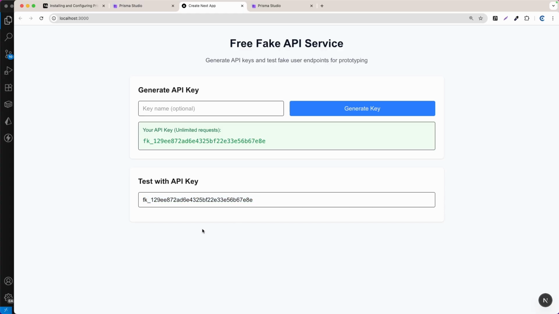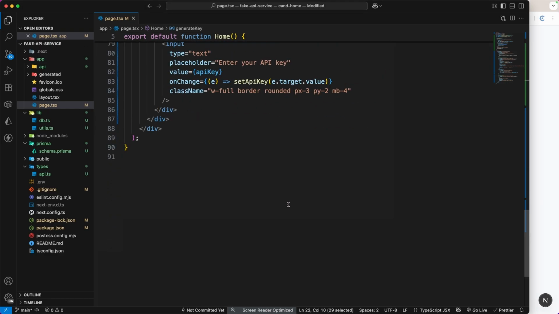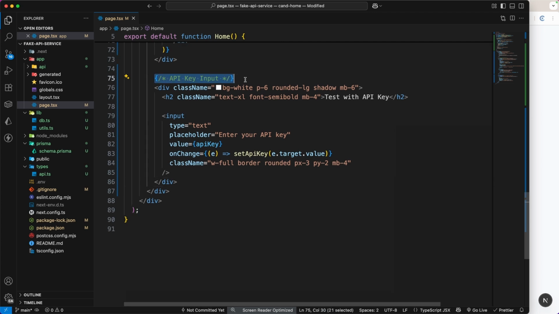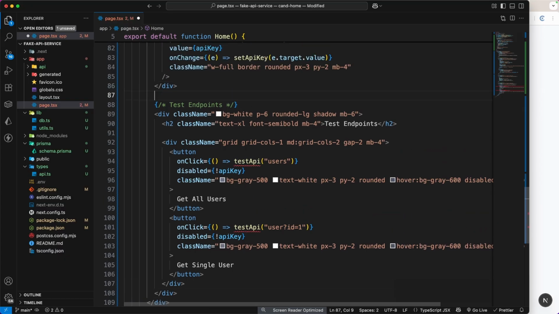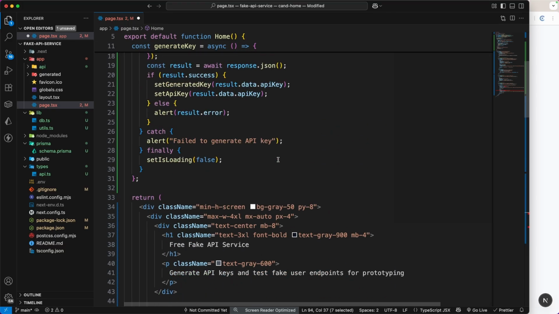So next, I'm going to add a button right here to test all the users and the individual user. So let's go back to the code, and then I just want to paste the UI basically. After this API key input, I'm going to put another div right here. Test endpoint. As you can see, this basically has two buttons, get all user and get single user. So let's just create the test API function on the top right here so we don't have any